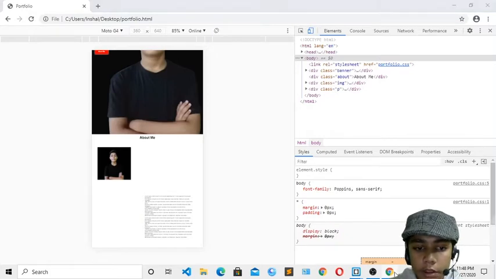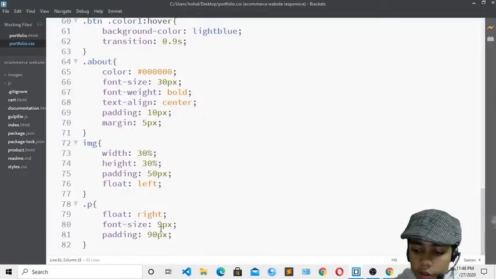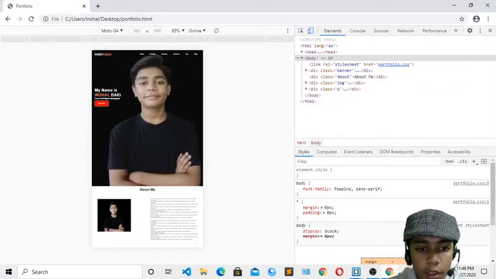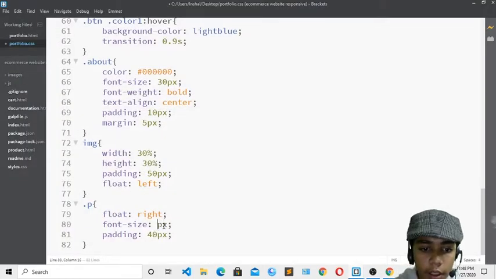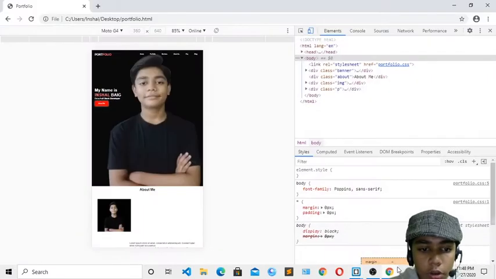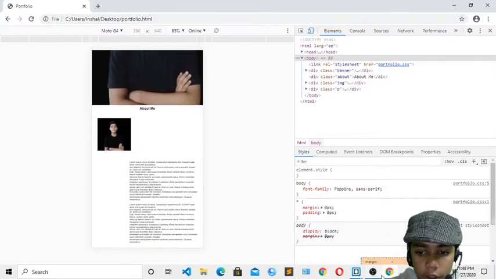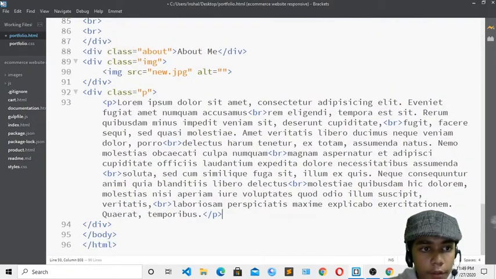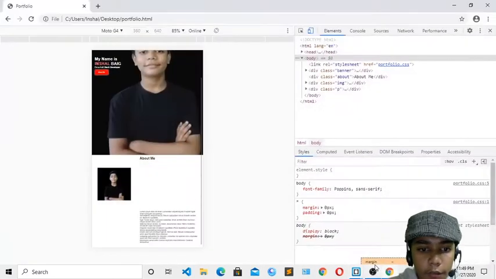Now I will come over here and change its padding to 40. If I save, here you can see now it has gone above, okay. And now here it is, okay. Here you can see now it is good. So over here I will change 9 to 11 pixel, so save that. And if I show you, it is looking good. But if I erase this and save that, and if I show you, now it is good. So now I have to do one thing.